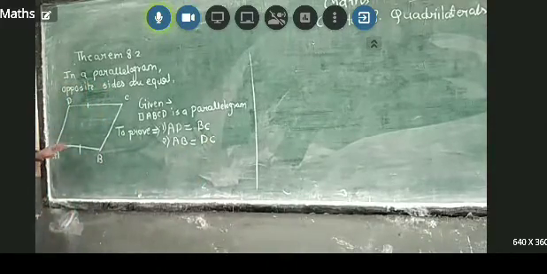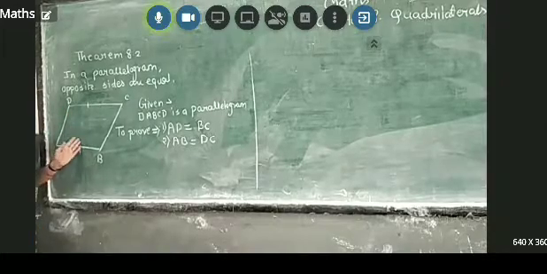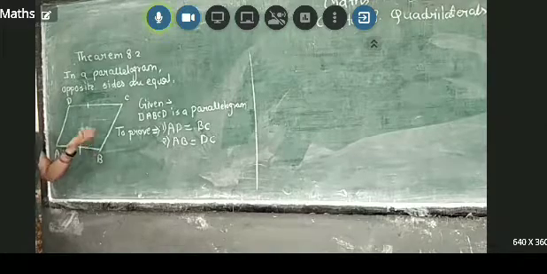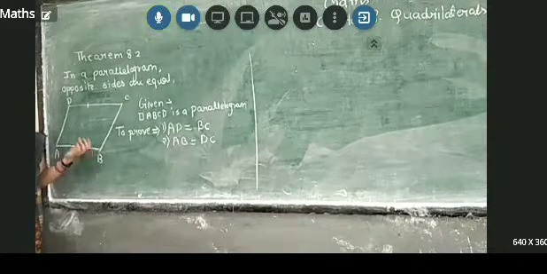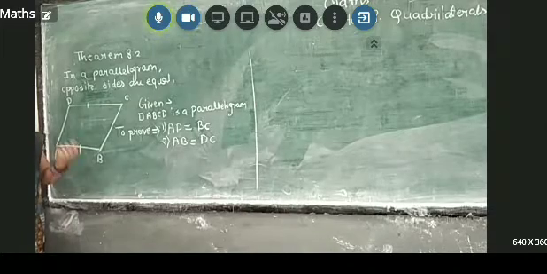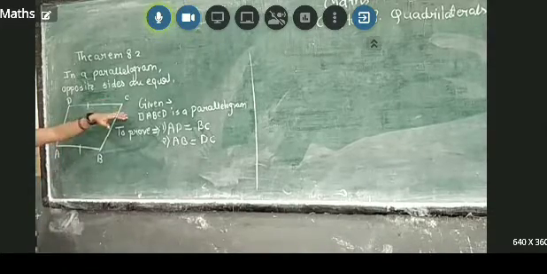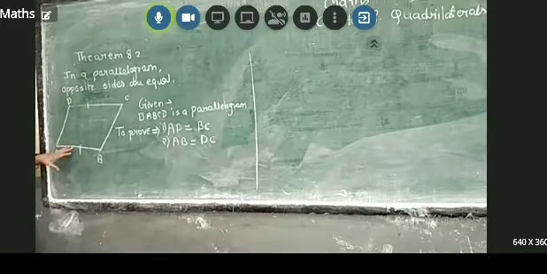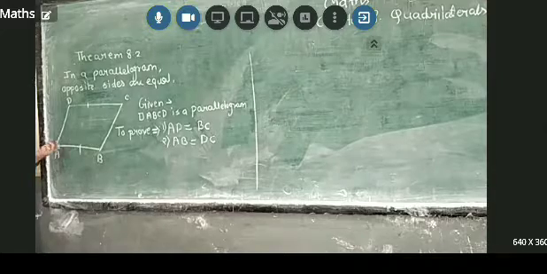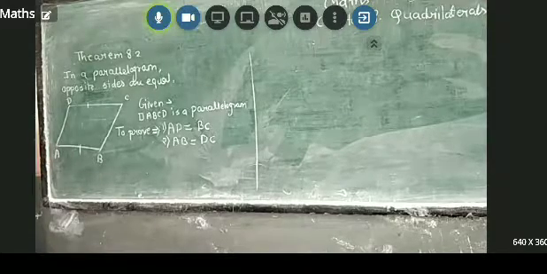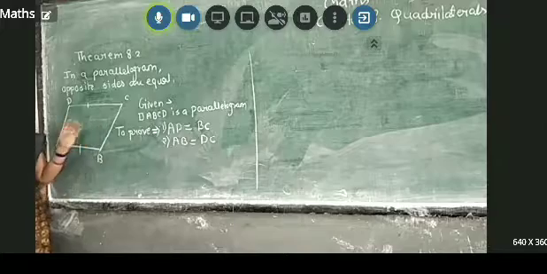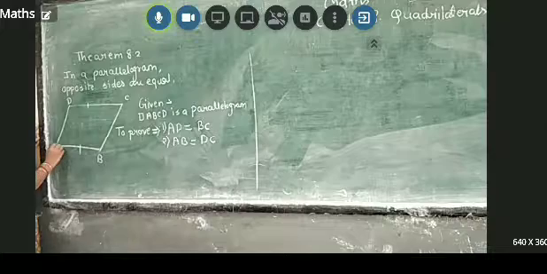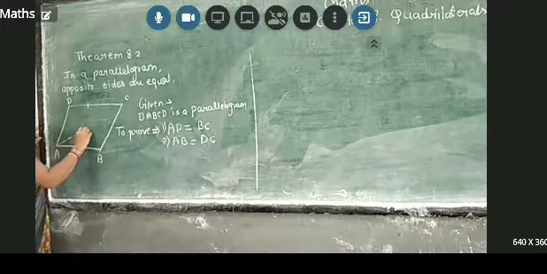Now for that, a simple parallelogram is given to us, and in a parallelogram without a triangle we cannot follow the congruency rule, and if we do not follow the congruence rule, we cannot prove the things which we have to prove. So for that we are going to divide this parallelogram into two triangles. So how are we going to divide? By constructing a diagonal. We can divide this parallelogram into two triangles. So here you just join AC like that.